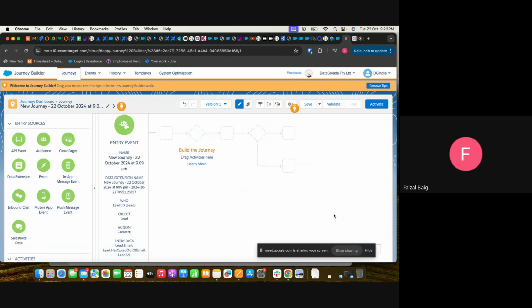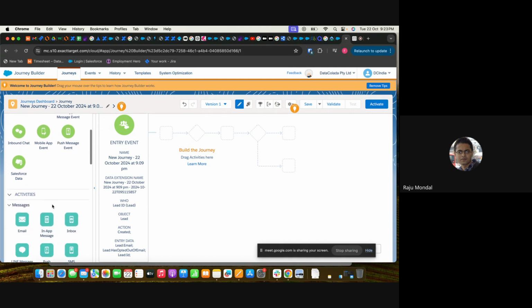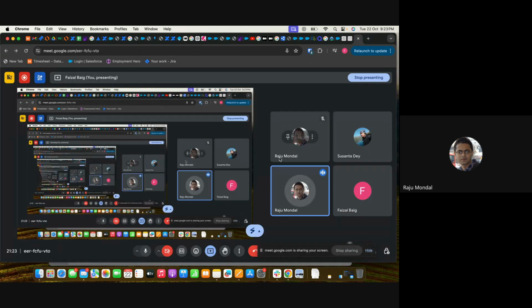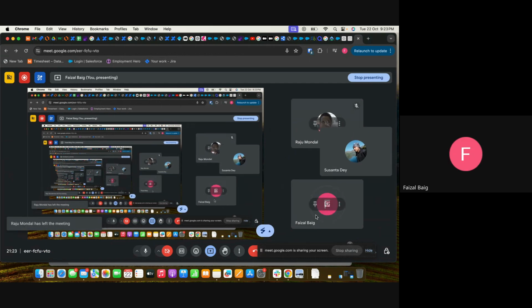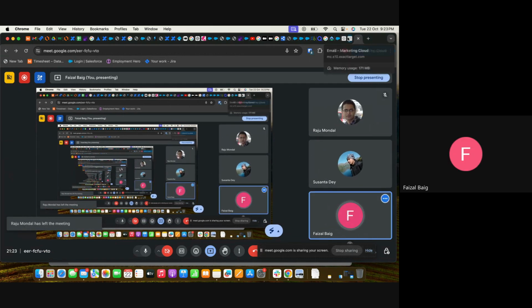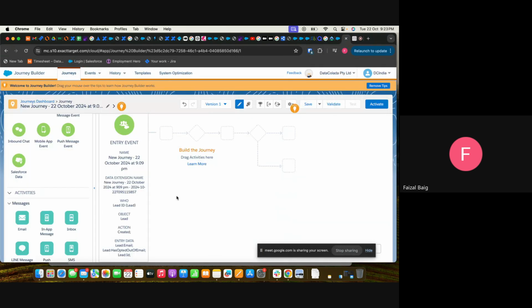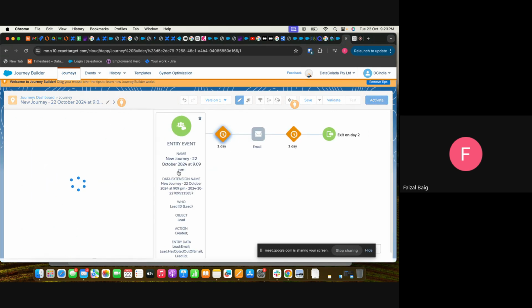So the client says that they don't want to wait even 1 minute. Within a fraction of seconds, the person should enter this journey, and this email should be sent within 1 minute.